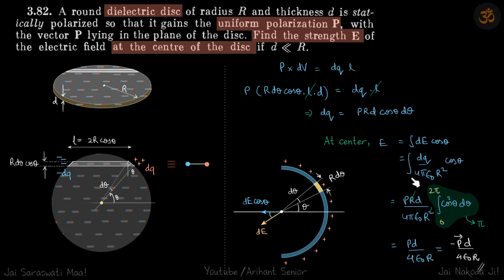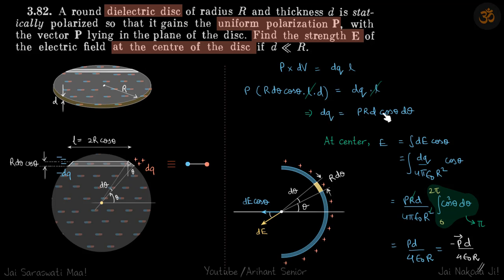See, here we are not bothered about the term of relative permittivity because we have already considered the charges. So whenever you write the charges, then you forget about the dielectric. When we write the term of relative permittivity, then we don't consider the bound charges. If we are writing the charges, there is no more epsilon. So that's why there is no more epsilon here, only epsilon naught. So dE is dq by 4 pi epsilon naught r square times cos theta.